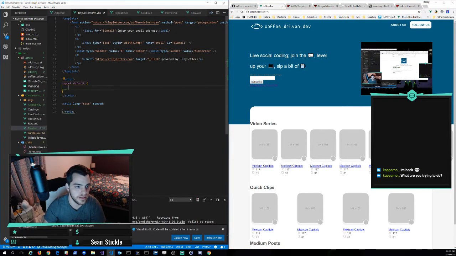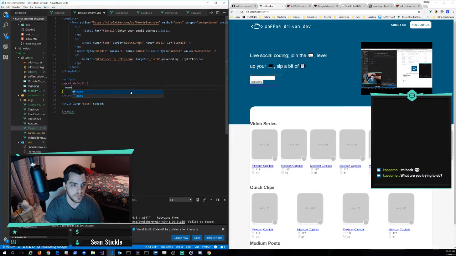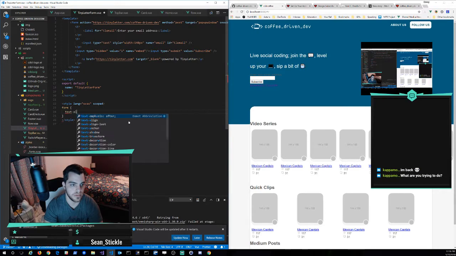All right. So we're just giving a name to our component. And we'll start by styling our form component. And so again, because it's scoped, the styles for this won't leak out and affect other forms. They'll only affect forms inside of our custom component. Let's just do